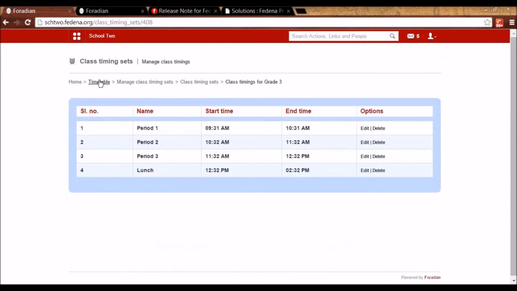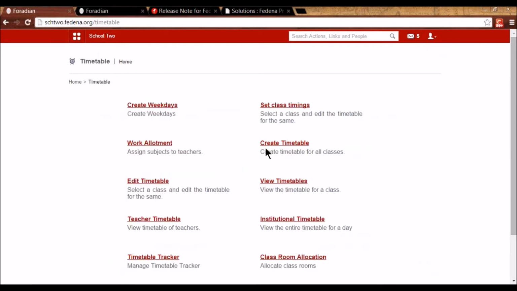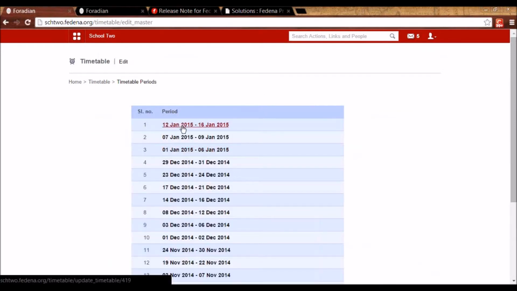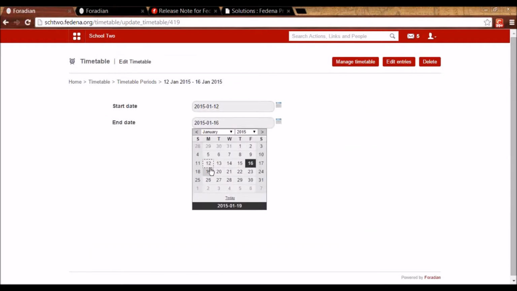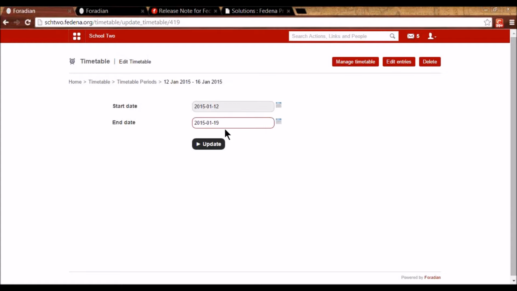So here for a particular duration, let's say I'm editing the timetable and today is 12th January. And when I change the end date of this timetable, so let's say it is an ongoing timetable as you can see, and I've changed the end date to 19th from 16th. You will see that the timetable will split into two timetables.